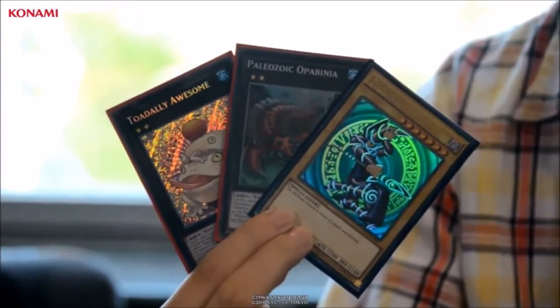Nice. So let's get into this deck. Dark Magician Paleozoic, that's pretty interesting. I haven't seen that before, ever. So explain to me why you chose this deck for this event, and the strategy behind it. Well, the strategy behind the deck is